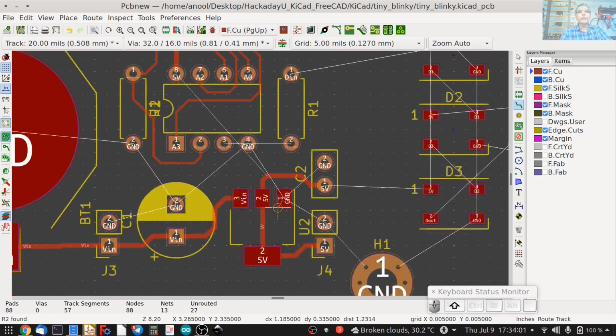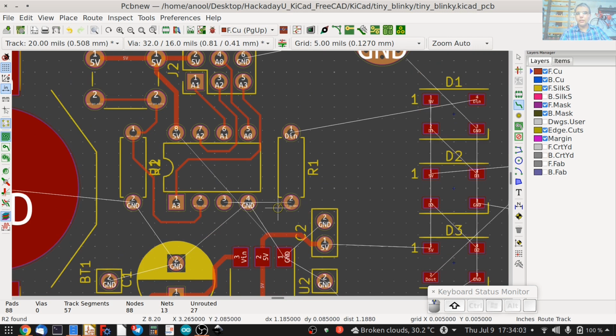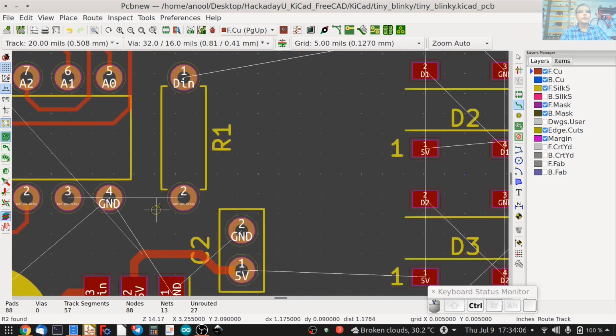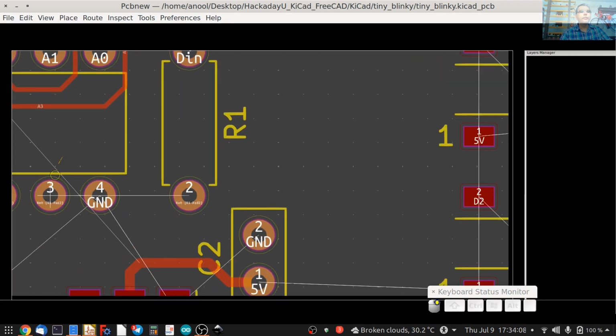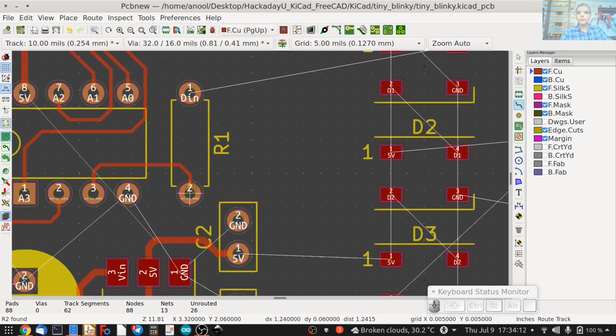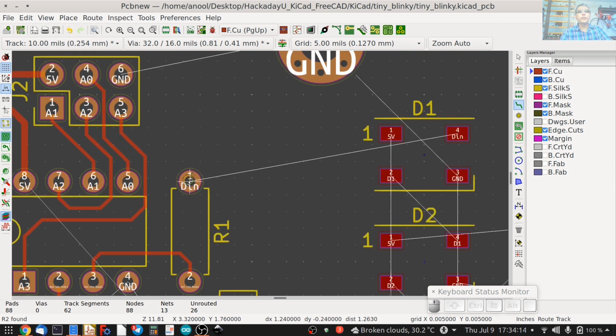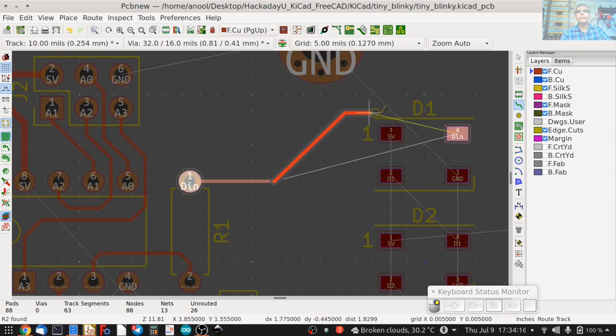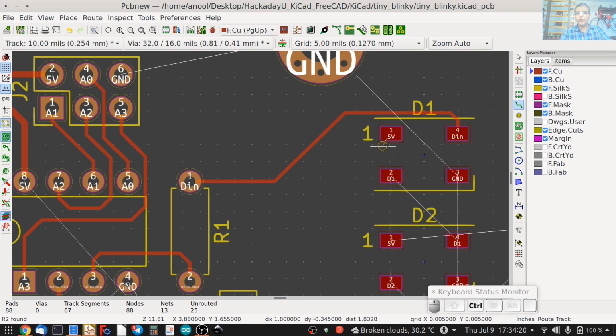And then let's look at the output. So pin number 3 goes to this resistor. The other pin of the resistor goes to the input of the RGB LED.